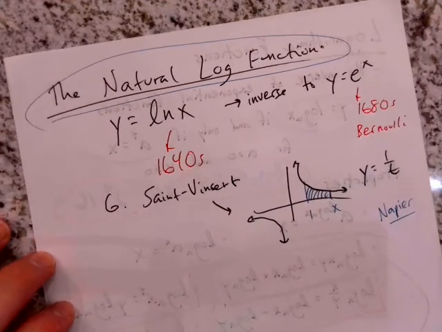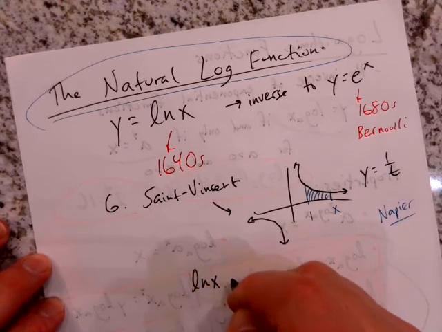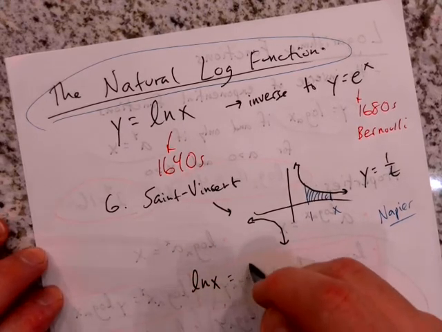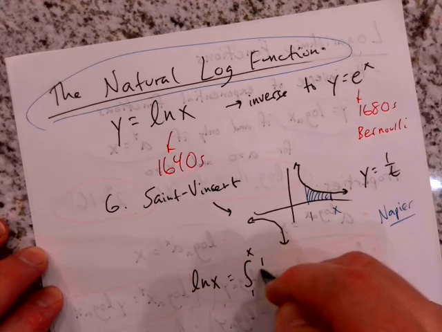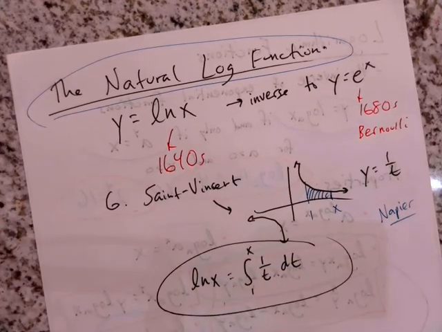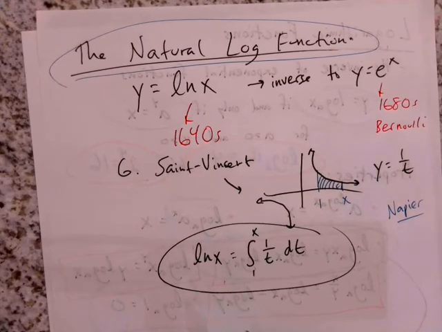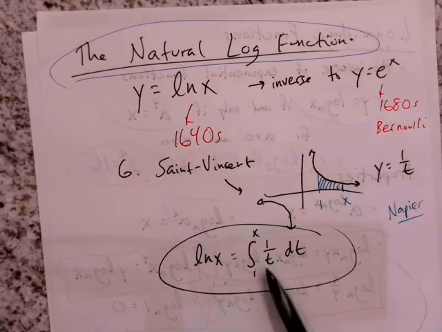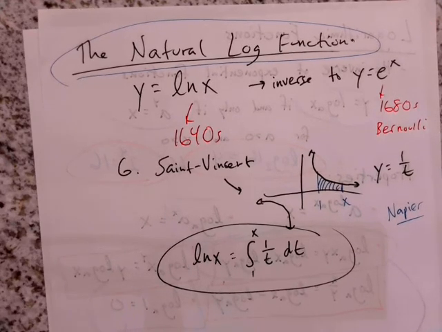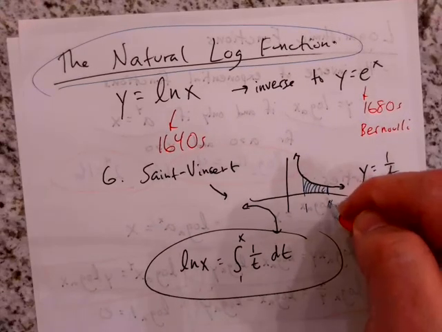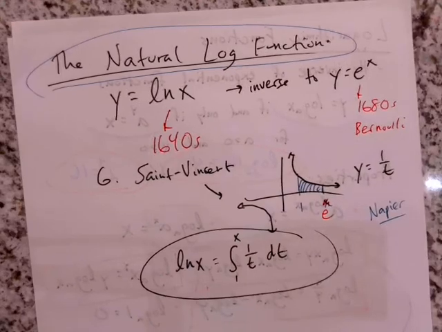And in fact, the main way to define the natural log of x is as the area underneath the curve from 1 to x, where the curve is 1 over t. We haven't studied integrals yet, but most of you have already seen them. So this expression right here gives the area underneath that hyperbola from 1 until x, and that is the natural log. And e is the number such that the area from 1